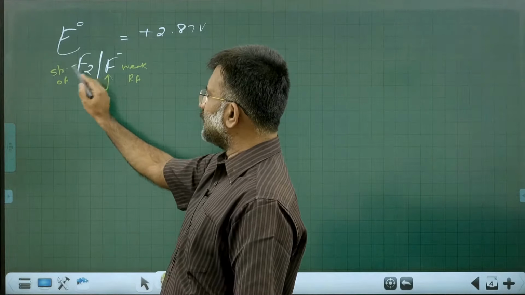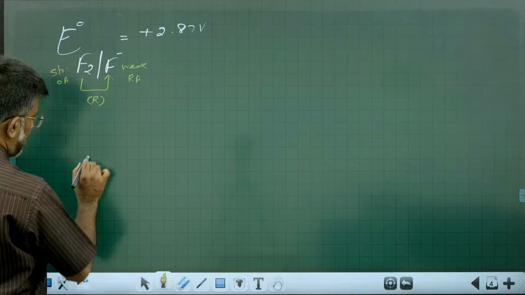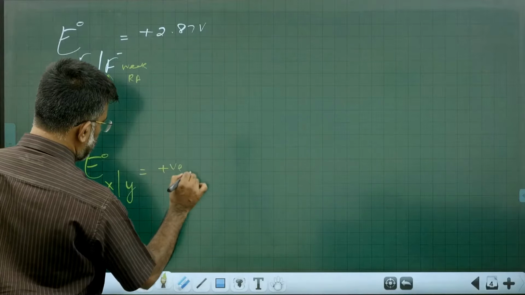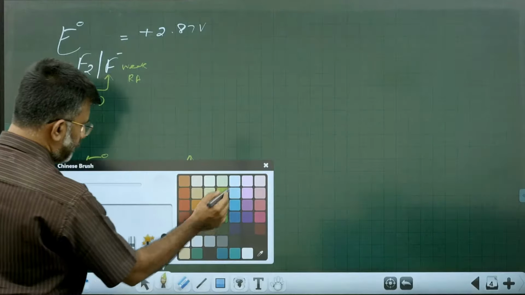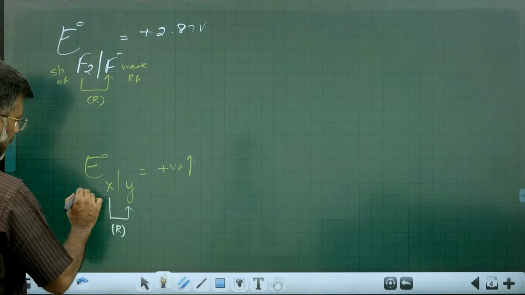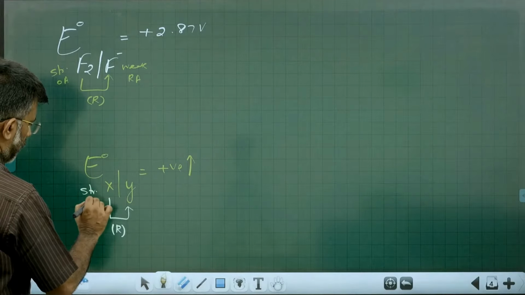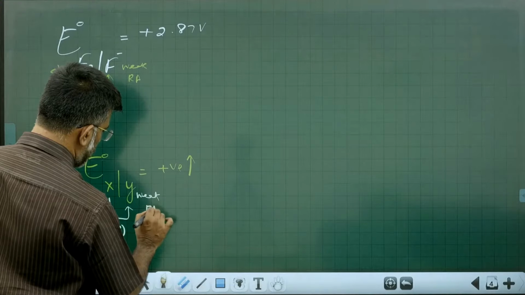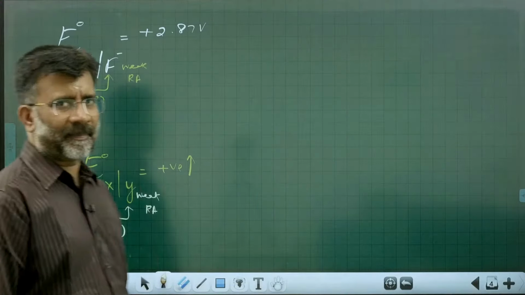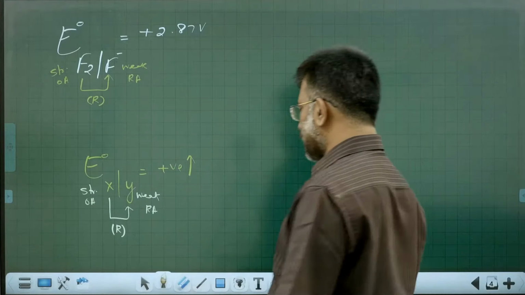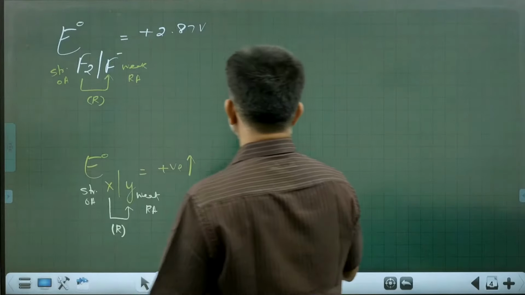You can consider any species, E naught X|Y, with a high positive figure. The meaning is that X is converted to Y. X is reduced to Y easily, X is a strong oxidizing agent, and Y is a weak reducing agent. That is the meaning. Is that okay? Now, in contrary, suppose you have